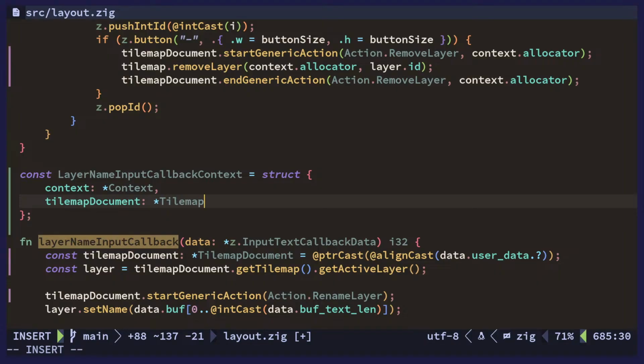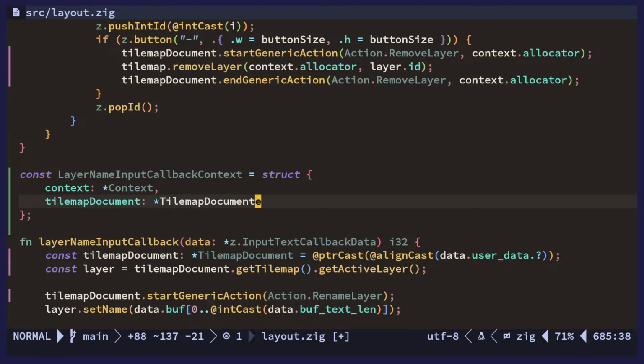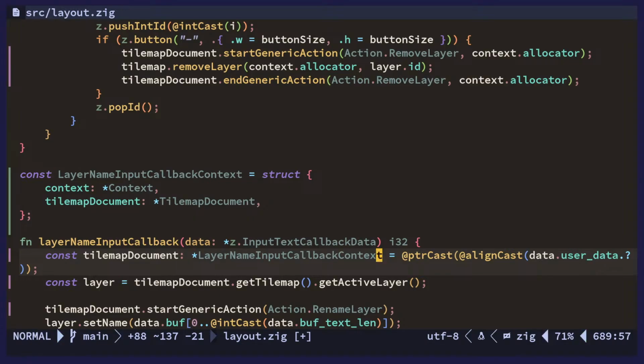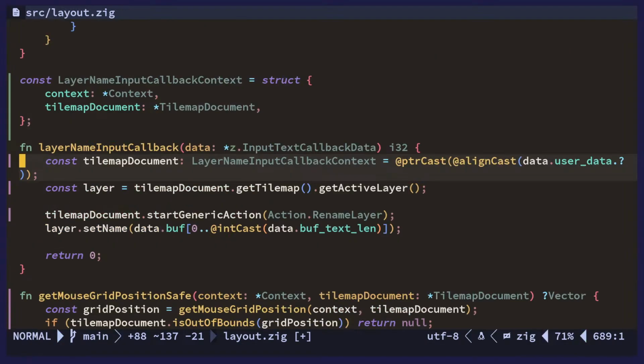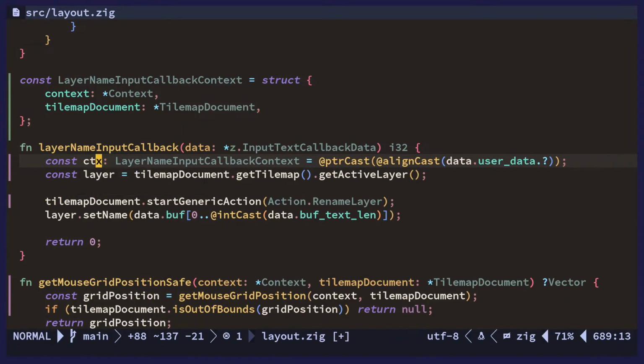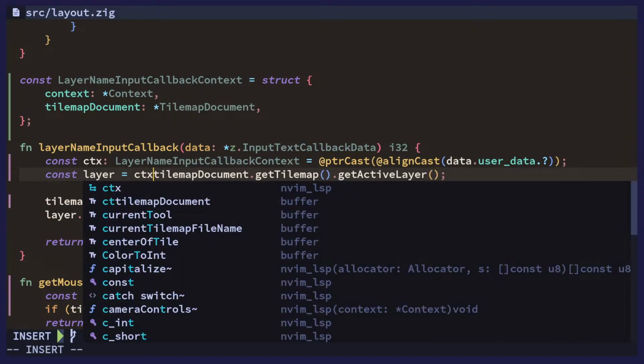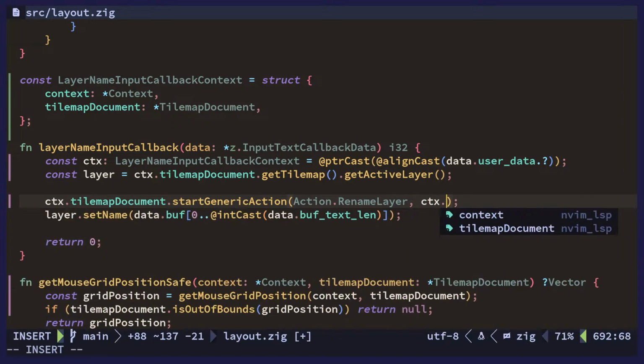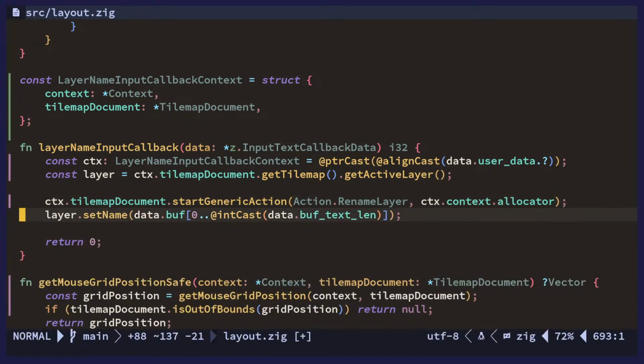I mean, I guess technically we only need the context, but it's nice to have this. Anyway, so this would be the layer name input callback context. I'll just set that to CTX, and then that's gonna be this context allocator set name. So this, all right, because this is a buffer. So yeah,